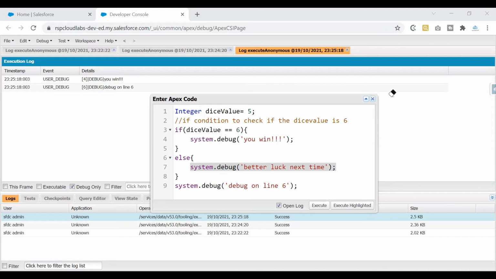Now, if I run this logic again, I'll be seeing the results in the debug log. I'll be seeing different set of debug statements in the debug log. Pause this video and guess which line would turn up in our debug log. Is it debug statement on line number 4, debug statement on line number 7? And by now you might have guessed it right. So you will pretty much get this debug log on line number 9, irrespective of what is the output that we have. Now let's execute this code and see what is the output.